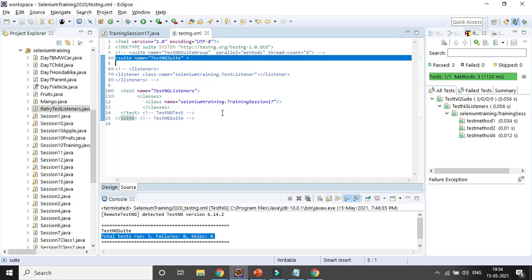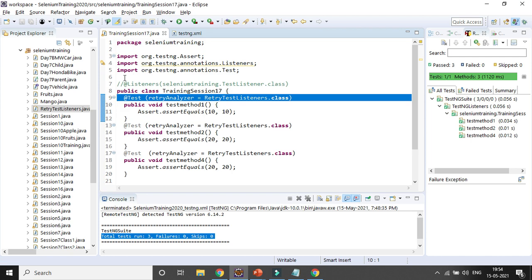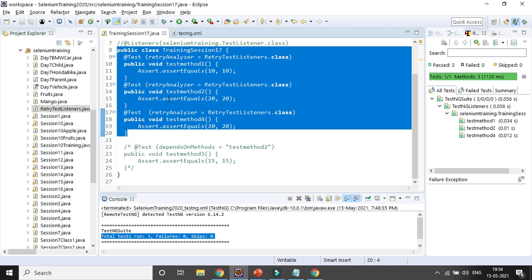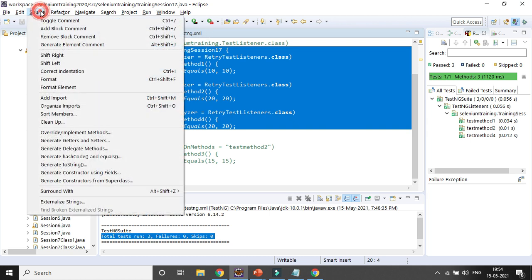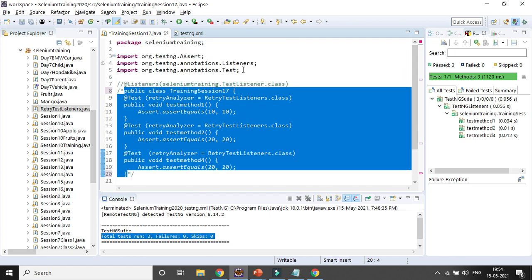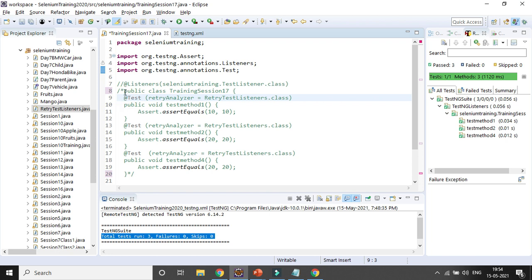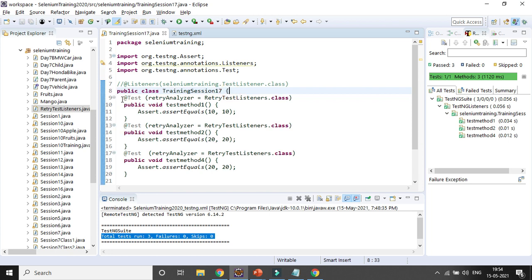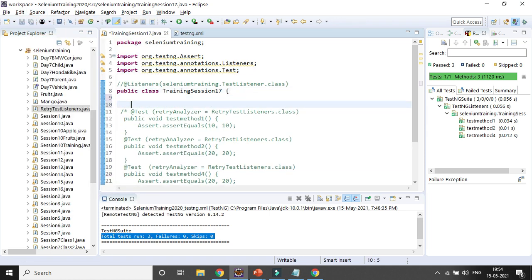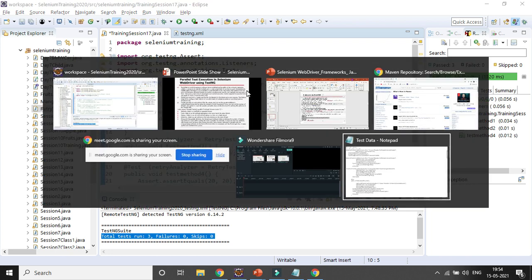That is parallel testing. So let's comment out this and go with a real-time example. Let's try to create 3 or 4 classes here. I want to comment out the existing test case, and I will write more test cases. So here, let's try to create more test cases.